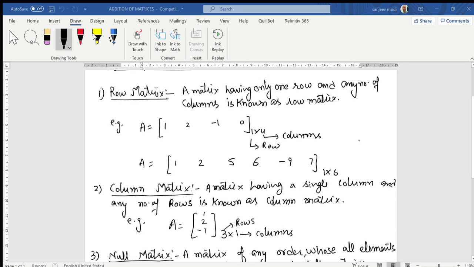Now look into this, this is your main diagonal, and as per the definition, a square matrix is said to be an upper triangular if all its elements below the principal diagonal के नीचे जितने एलिमेंट हैं वो सारे जीरो हैं, that is why it is known as upper triangular. And similarly there is another matrix known as lower triangular, उसमें क्या होगा, इसका रिवर्स हो जाएगा. So let's come to the lower triangular matrix.